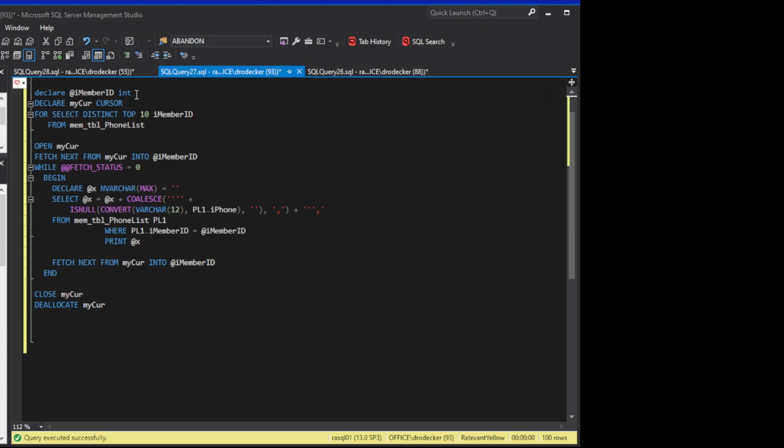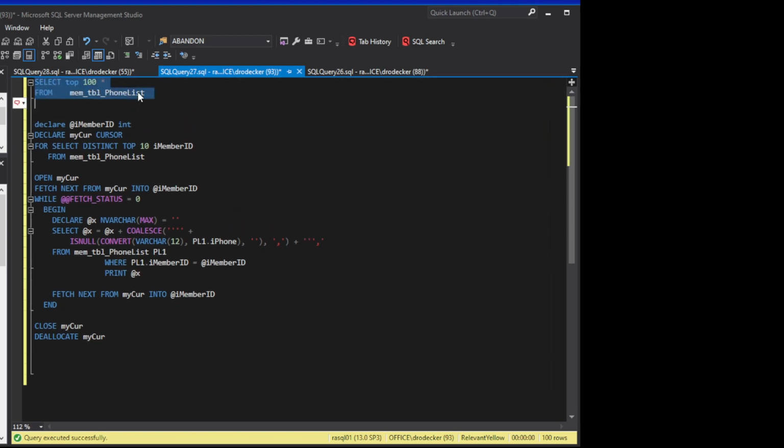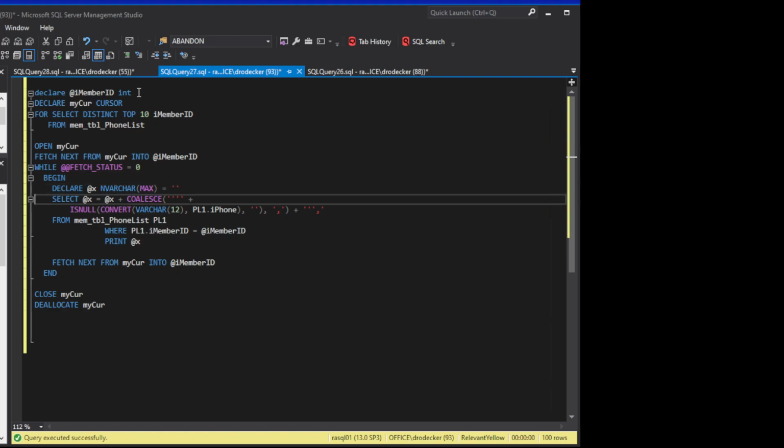So I've already written the query here, but I had been used to doing this with a coalesce statement. Sounds like the right thing to do. Coalesce, and here's the function, on which I'll give the method in the description. But essentially, you coalesce. You have to start the variable off by setting it equal to a value, and then you coalesce it with this statement where you concatenate